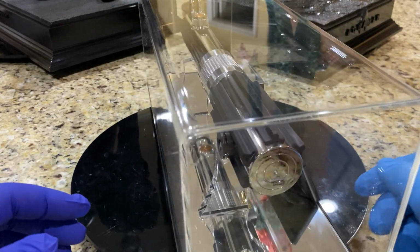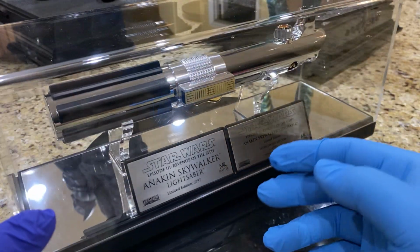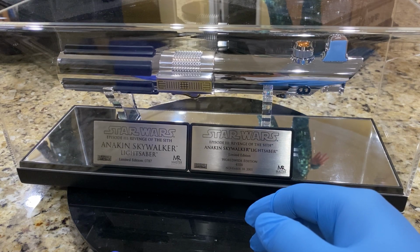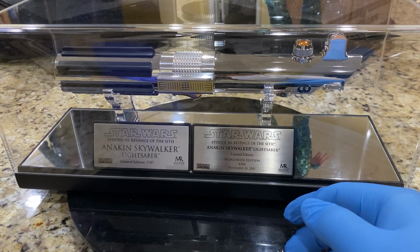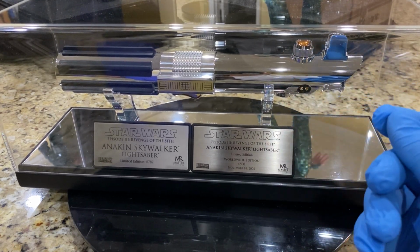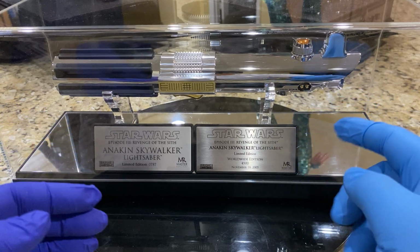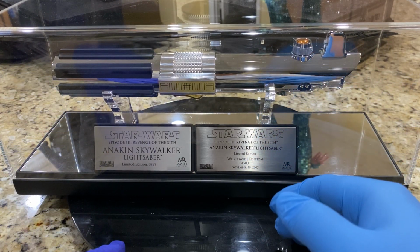It's widely accepted that Revenge of the Sith was, of course, the end of the prequel trilogy. It had the most darkness, the most drama. A lot of people thought it was the best of the three prequel trilogy movies. This is the lightsaber he used to duel Obi-Wan. So there's just a lot of history for a lot of people who grew up really idolizing or enjoying those prequel films. This lightsaber, to a great extent, is almost like the ultimate